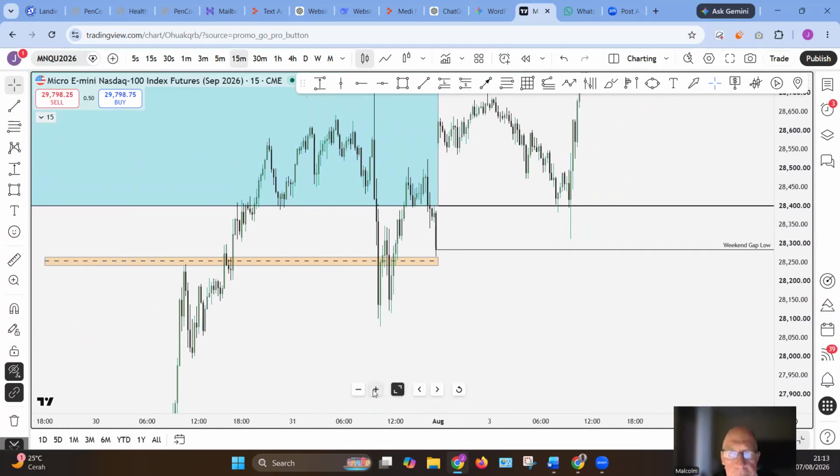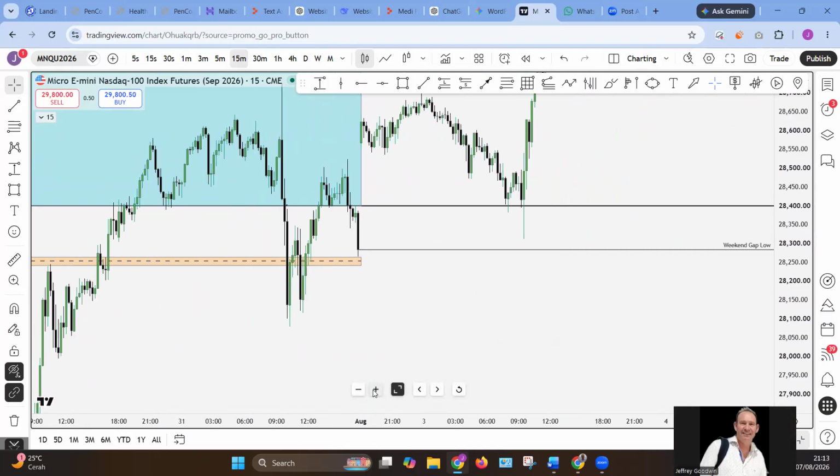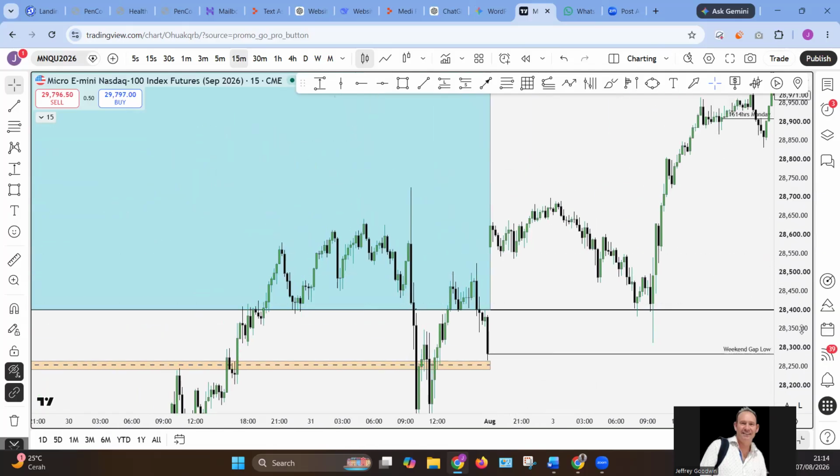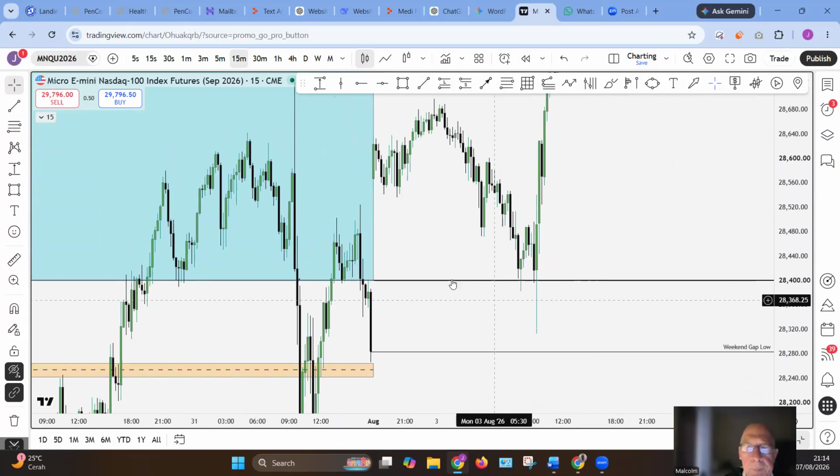I'm just going to give you the structure of the market just now. Not talk about indicators or anything yet. That was last week. Then we had a Friday, then a weekend gap from Friday to Sunday. So Friday, and then in here, there's a Sunday. Does everyone see that? Yeah.